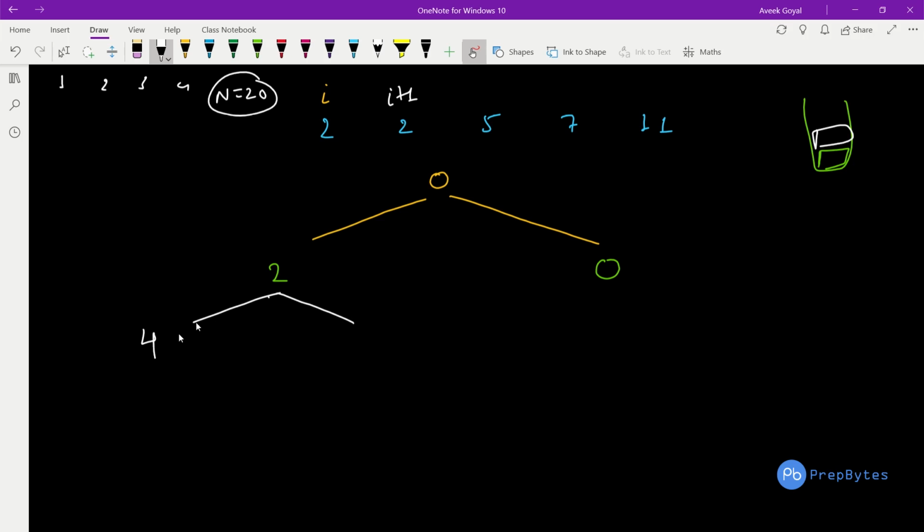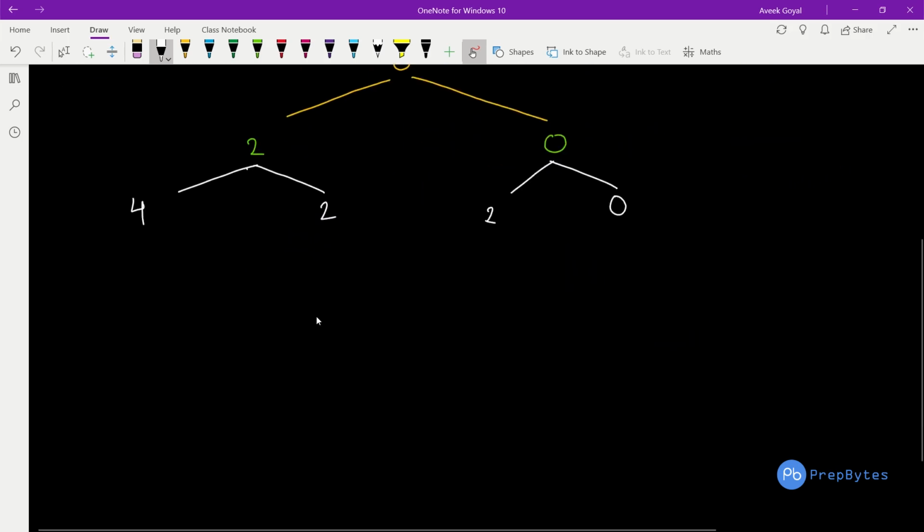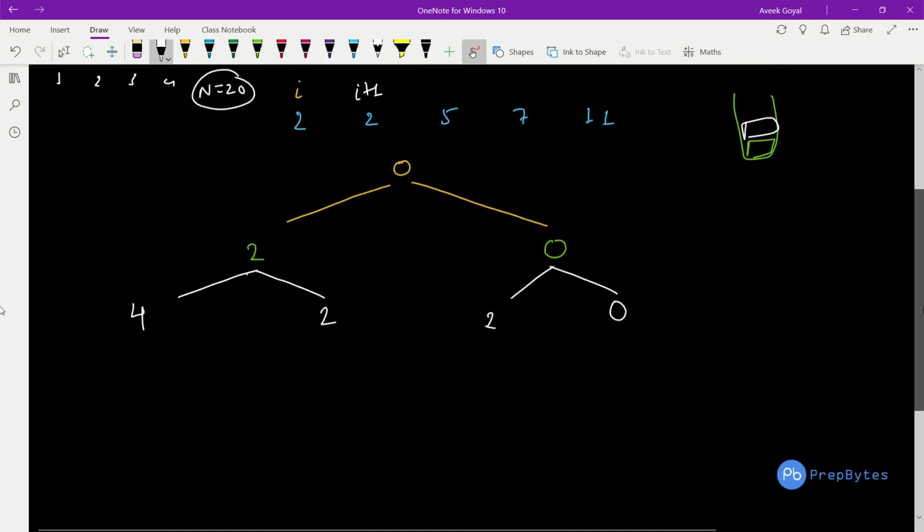So 2 plus 2 will become 4, or not put it, so 2 will remain as 2. Simply here we have a choice for I plus 1. We can put this or we cannot put this. We will not put this. So height will remain 0 and height will remain 2 in this particular case. Fine. Now we can move forward with this for all the possible choices.